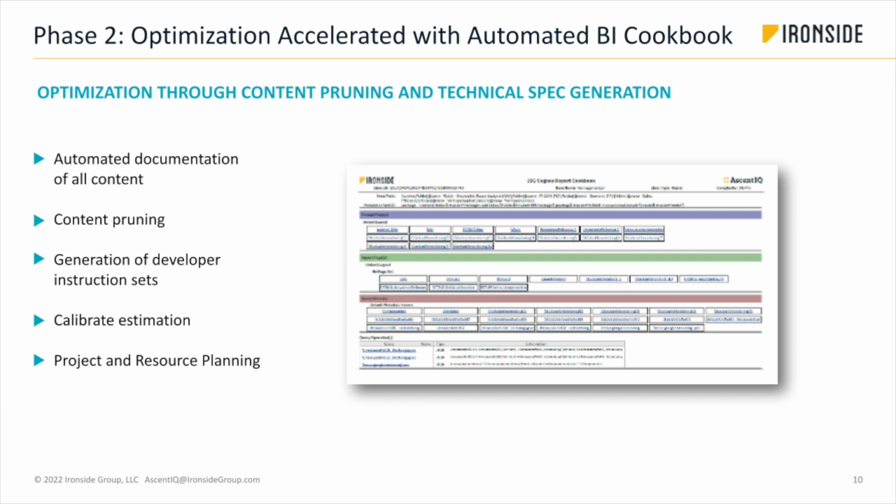We can also use this documentation for our developers who are doing that hybrid or fully manual process of rebuilding that report. So we know that we're going to be accurate at the end of it when we're doing the migration. And then it also helps us figure out, once we've done a reduction and pruning with whatever subset of content is left, that is what we're going to do our estimate on.